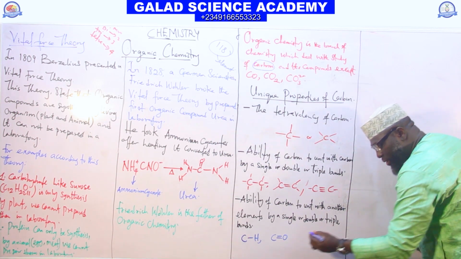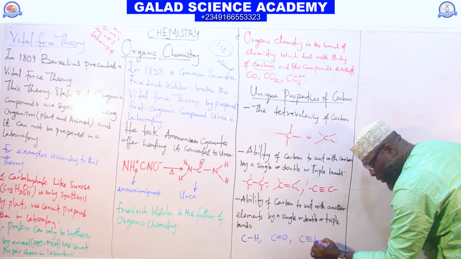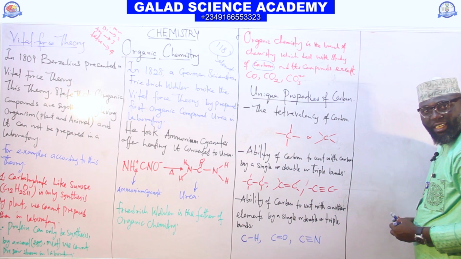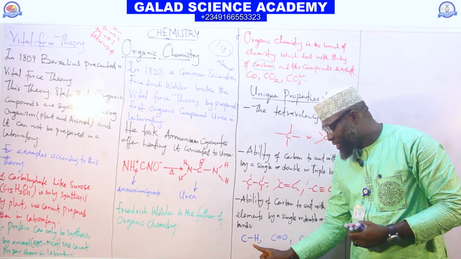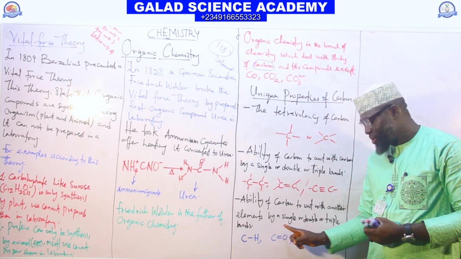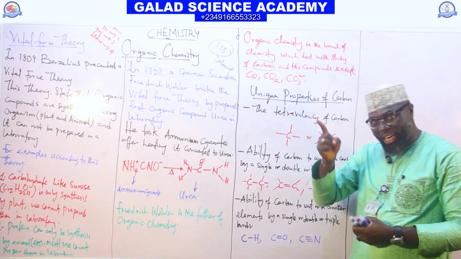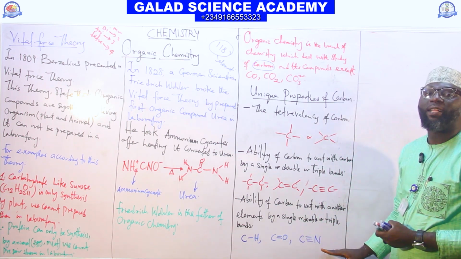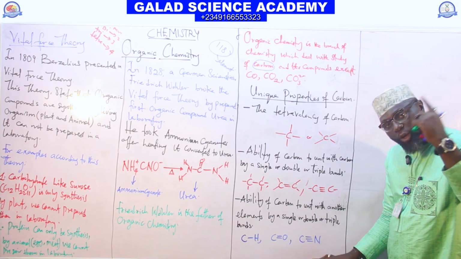This same carbon can also form a triple bond with nitrogen. Can you see it now? The bond between carbon and hydrogen is 1, carbon with oxygen is 2, nitrogen is 3. Only carbon has this property, that it can unite with other elements with single bond or double bond